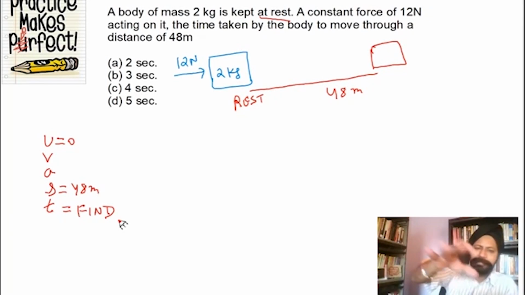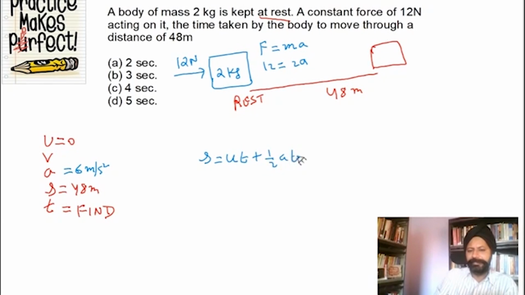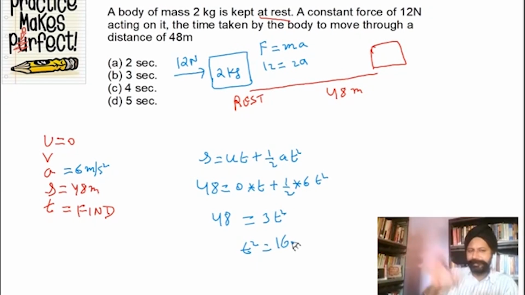But then we go back to the data here, so look at this, you're given the force, you're given the mass, so you can always use F equals ma, so 12 is equal to 2a, so a comes out to be 6 meters per second square। यहां से आ गया सीधा, एक्सेलरेशन आ गया। अब ये कौन सी इक्वेशन है यार, ये तो सिंपल सी इक्वेशन है, s equals ut plus half at square, रेस्ट ऑफ इट इज एल्जेब्रा, मतलब जो मैथमेटिक्स क्लास में किया था वो तो अपने आप कर ही लोगे इसको यार, but I'll still do the complete thing here। So 48 is equal to 3t square, so t square is 16, square root लिया plus minus 4, तो positive 4 ले लिया, काम खत्म। It's over, that's all you have to do।